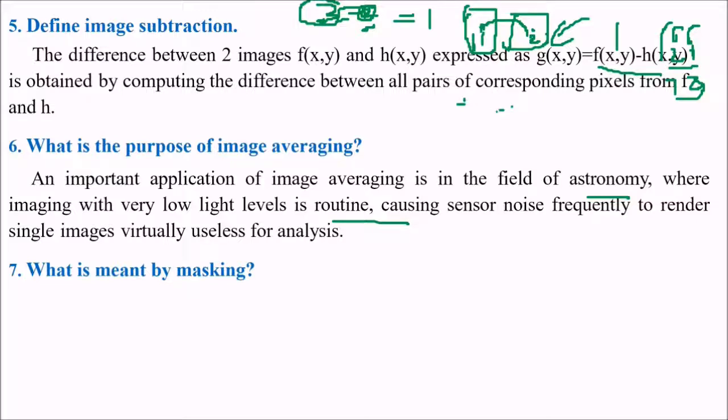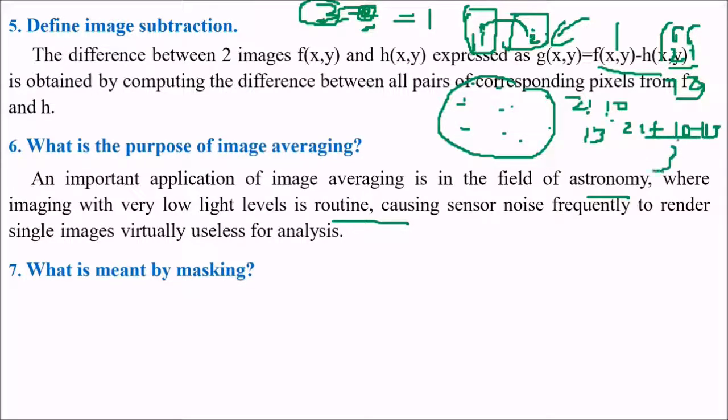Averaging is nothing but, if you have, say, 4 pixels here, the nearby pixels consist of noise also, and they consist of the actual values also. So what you do, say they have certain values, you combine them. Let me take an example of 3 values. If it is 21, this is say 10, this is say 13, what you'll do here is 21 plus 10 plus 13, and we divide it by 3, for the final value.